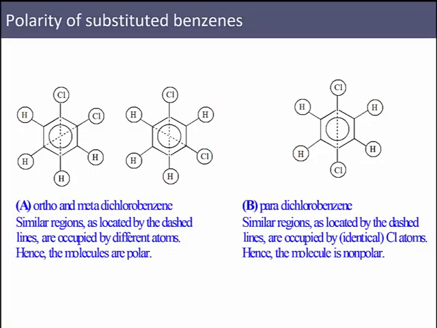We can do something similar with our rings, our aromatics, so ortho and meta dichlorobenzene. Dichlorobenzene means it's got 2 chlorines, right? So I've got a chlorine here and a chlorine here. We have not covered this yet, but there are names for where you're going to put those. You're always going to put one guy up at the top, and then the positions, whether you're down 1, 2, or opposite, those are called ortho,